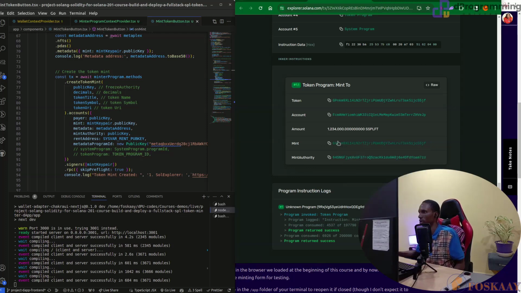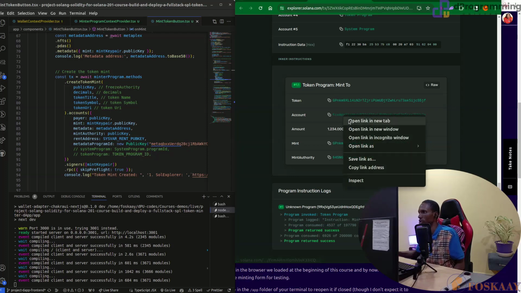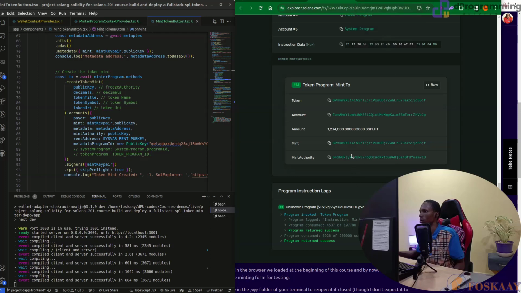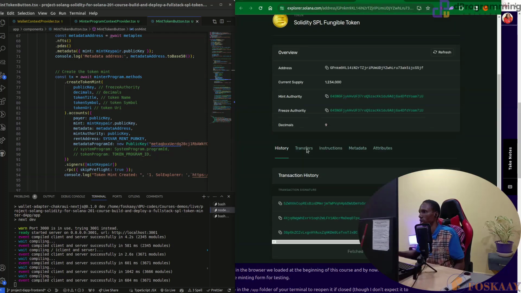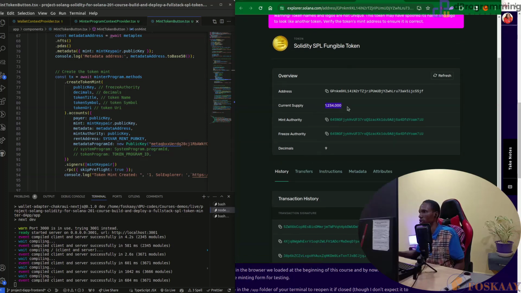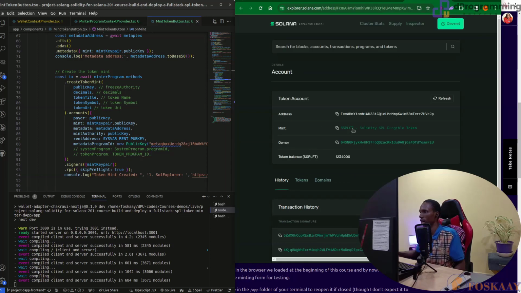So let's check them one by one. This is the account we minted into. Then this is my own account, the wallet we actually used to mint them. So you see the token itself. You see the current supply, because I only minted once. If I minted to another wallet and all those things, then it will add up. So all these are what we have learned a lot about, how this is connected. And then when I check, you see it, mint, owner, then token,